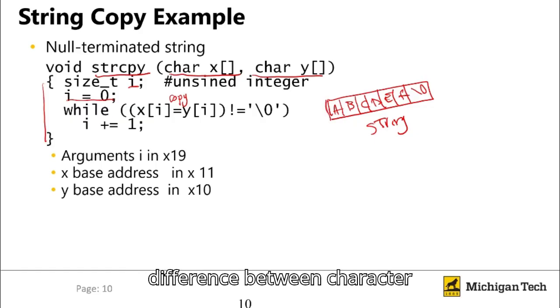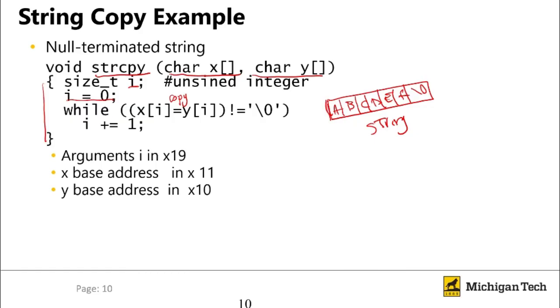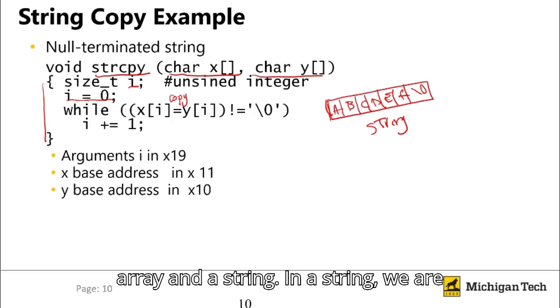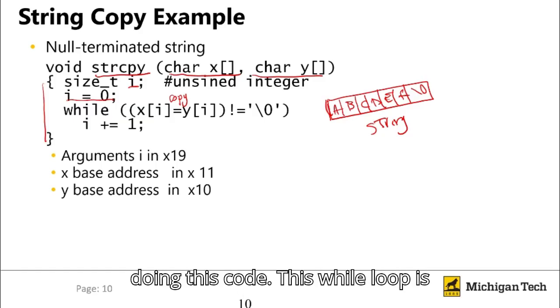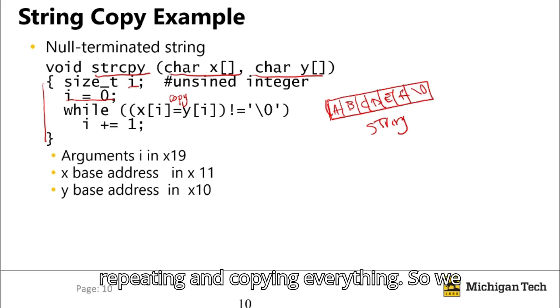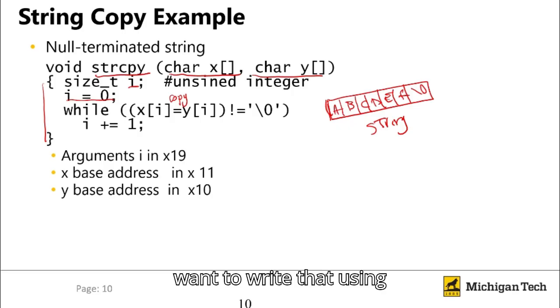That's the difference between a character array and a string. In a string, we are finishing with \0. Anyway, we are doing this code. This while loop is repeating and copying everything. So we want to write that using